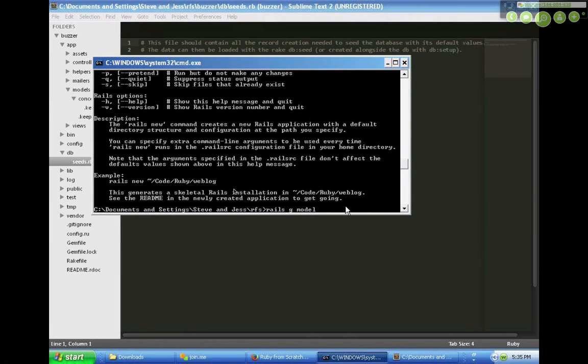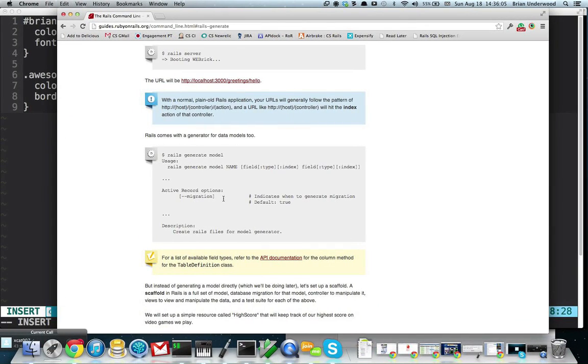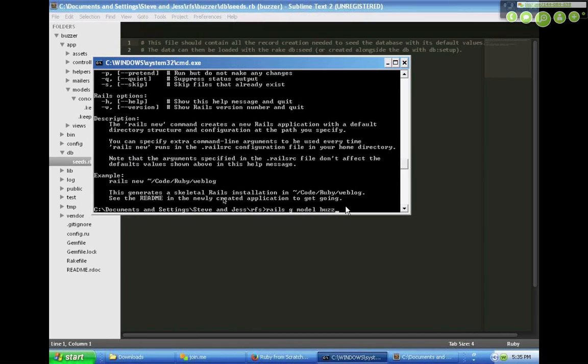So, for Twitter they use tweets. For Buzzer, I assume we're going to have buzzes. So let's say Buzz is the model. And buzzes are going to have, by default for models, an ID column, because Active Record is the way that you create models by default in Rails. So by default that gives us an ID column, and we'll let it do that. But we probably want to have a column for the content of the buzz. So let's say space